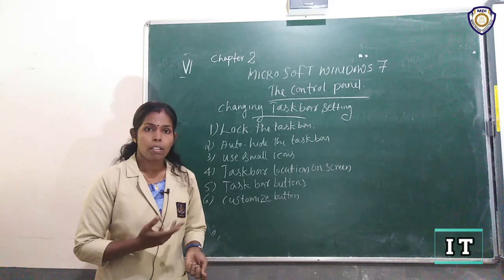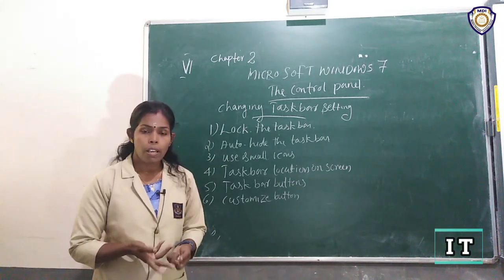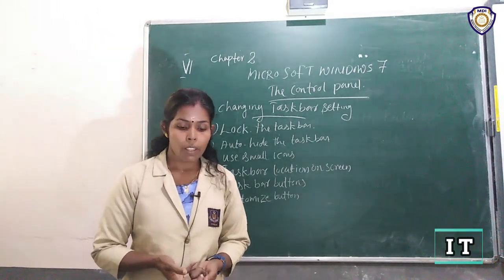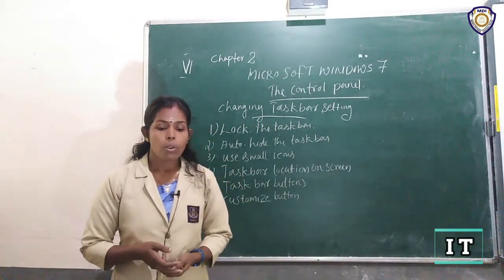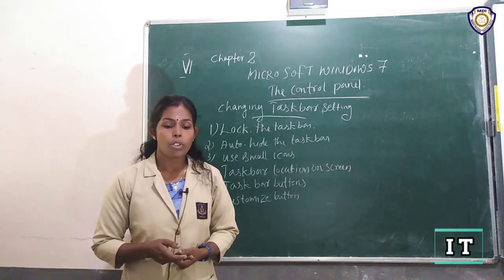Then sometimes we use the right button. Okay, to change the settings of your mouse, you need to select the hardware and sound option from the